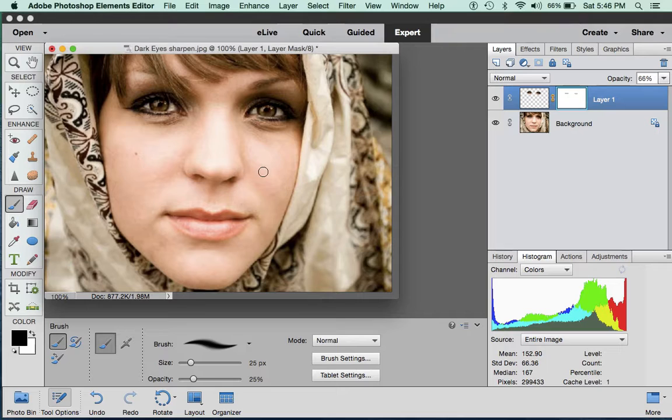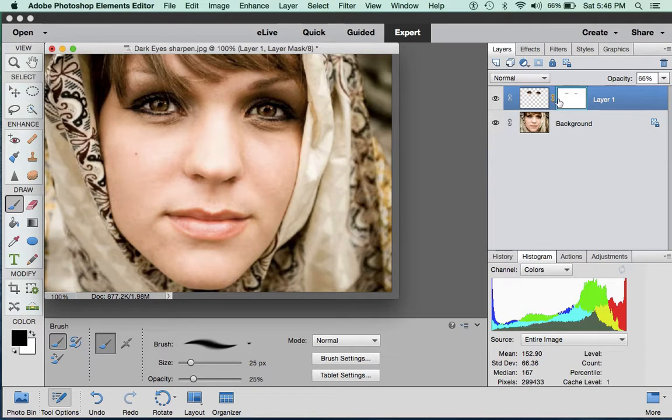And then if I want to see what that mask did, I can't knock out and hide the entire layer. I want to hide the mask. And that's done by holding the Shift key down and clicking your mouse on the mask. And that hides the mask. And to see the change, you may need to click and unclick the mask several times to see how much you reduced it. If you didn't reduce it enough,